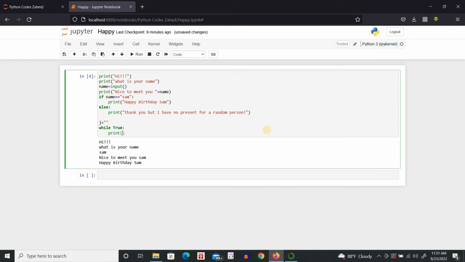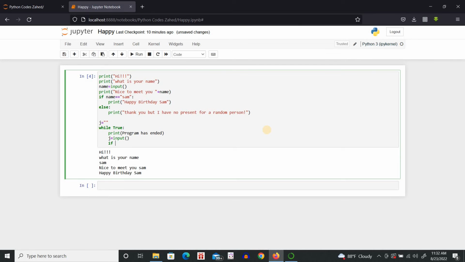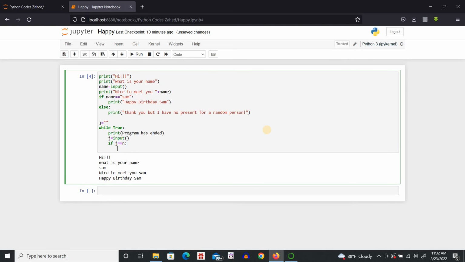Print program has ended. There you go. And right after that, we give in j is equal to input. Now, if j equals to n, right,